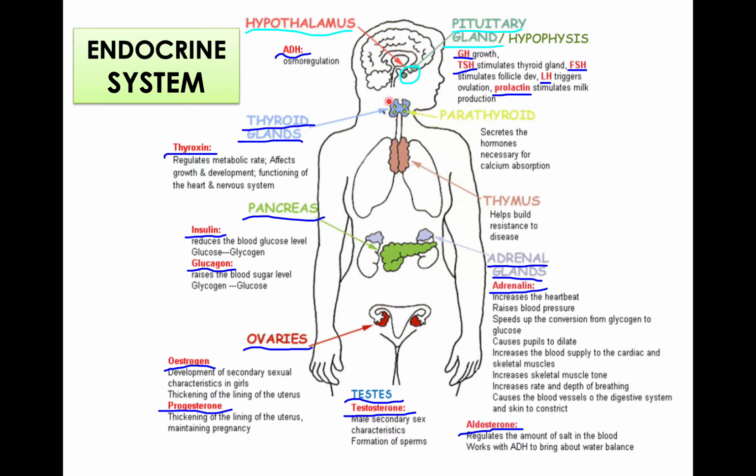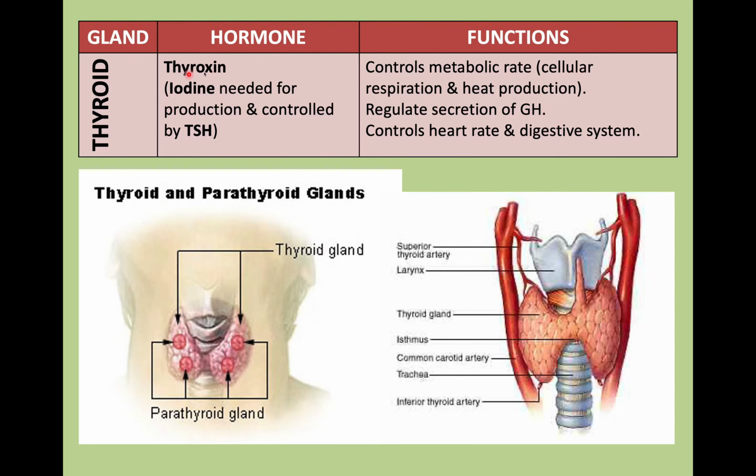Moving on to our thyroid gland located on either side of the trachea. The thyroid gland is responsible for the secretion of the hormone thyroxin. Now, the element iodine is very important, children, for the production of thyroxin, right? Because if there's a shortage of iodine, it can cause an enlargement of the thyroid gland. And that condition is known as a simple goiter, and we're going to speak about it in a few minutes.